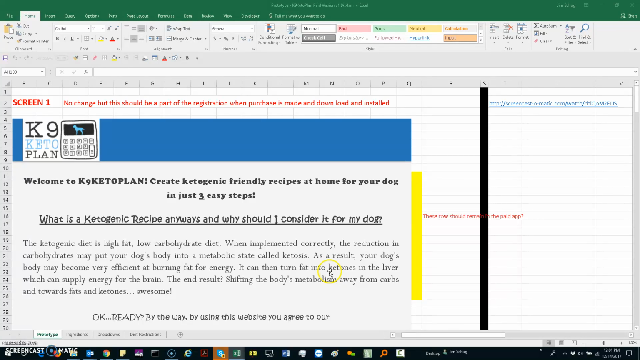Hello, I'm making this video to talk about the paid version and some of the changes. This is pretty much the existing one in this area. Over on the right, I'm going to show you a proposed. Basically,